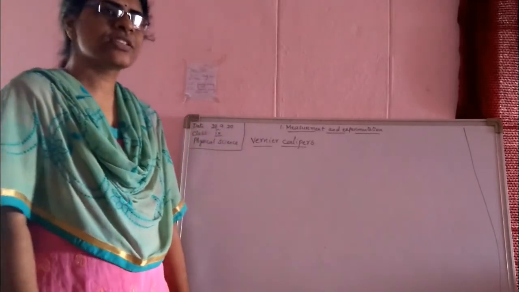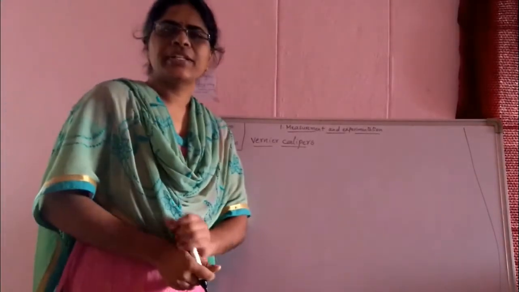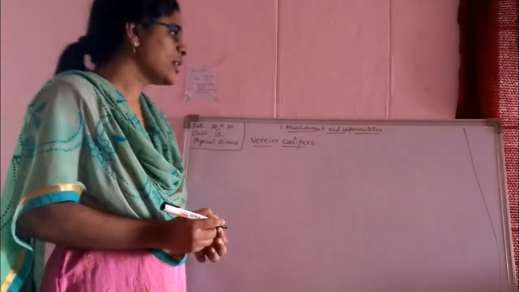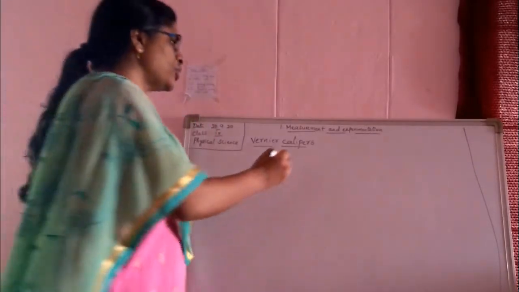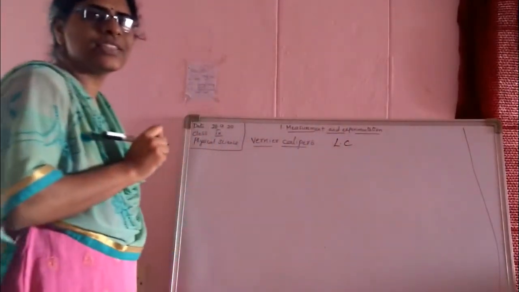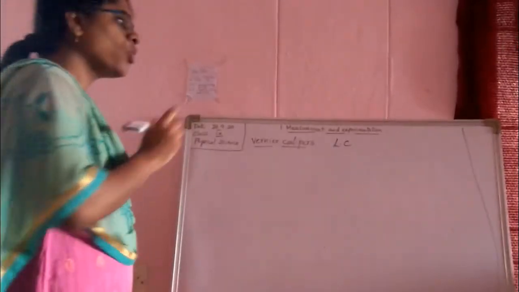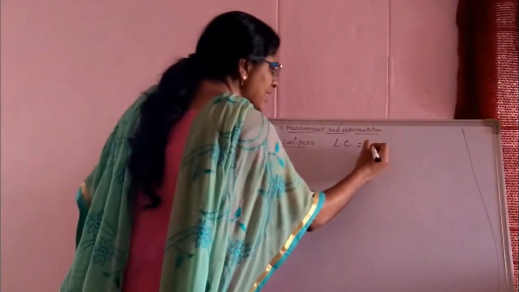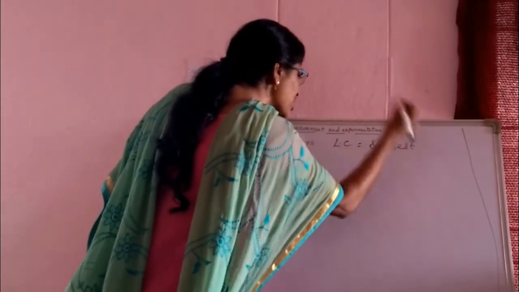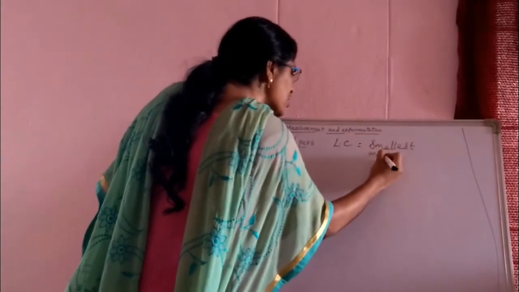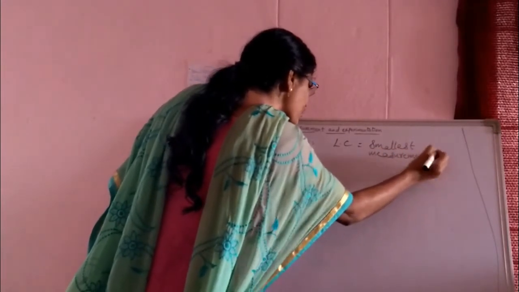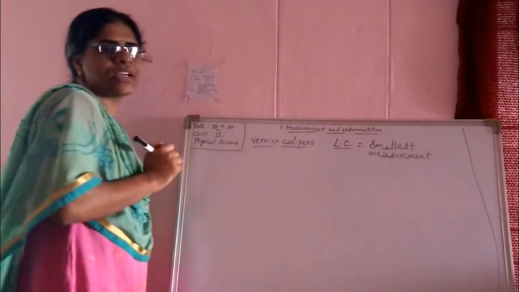Good morning, students. Today we are going to learn our 9th class regarding least count. I have told you in the last class, least count we will denote it with LC. What is least count? It says smallest measurement we are measuring with an instrument. The smallest measurement which we can measure with an instrument is called the least count.